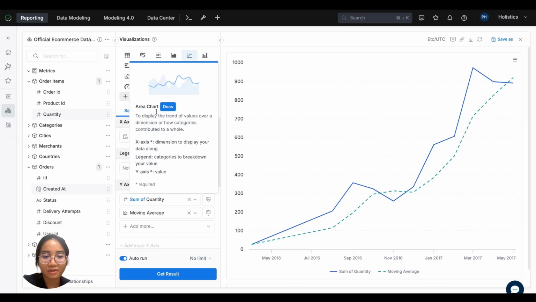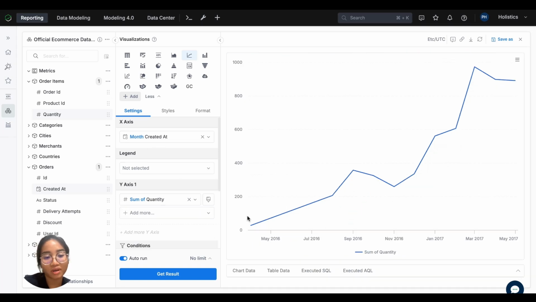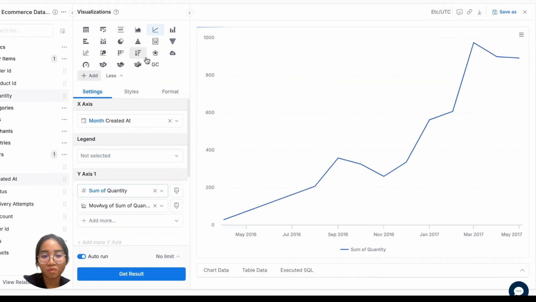Alright, so let's look at this example. Here I have an e-commerce data set and I'm gonna remove the moving average which I already created. I have the month created at for the order and also the sum of quantity. So here I have the total order quantity over time. Now I want to see if there is a consistent increasing trend in the order quantity so that I can stock up my inventory. I'm gonna choose moving calculation from the sum of quantity,